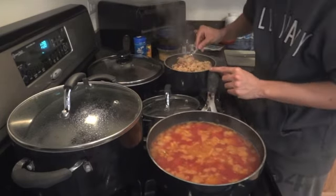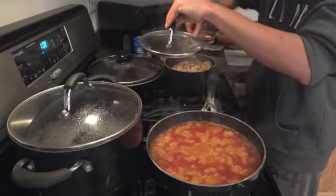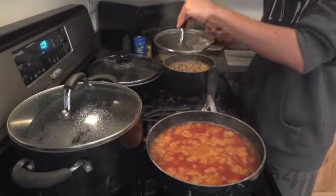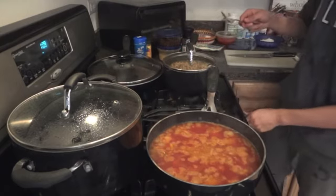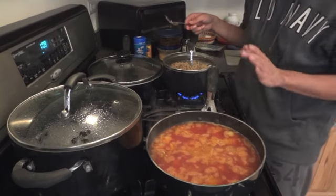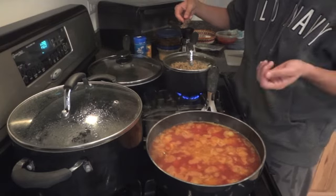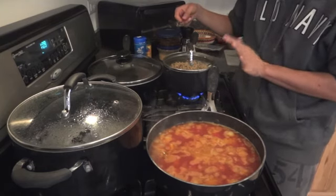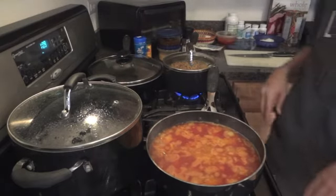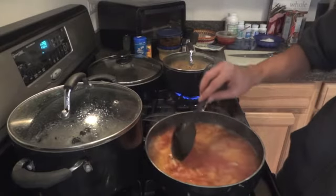And I usually fluff it multiple times. Actually, you know what? There's still some liquid down there, so I'm going to turn it back on. But either way, I'm going to fluff it a little bit. And what I mean by fluffing is I turn it off, and then I just put some air in it by moving it around with my fork. And I let it sit covered for about 10 minutes, and then I come back and I fluff it again. And I do that about 2 or 3 times until the rice is completely separated